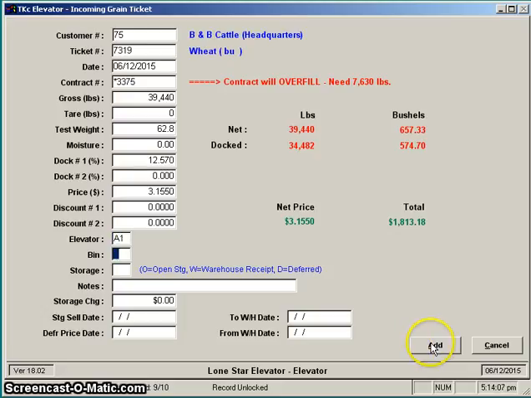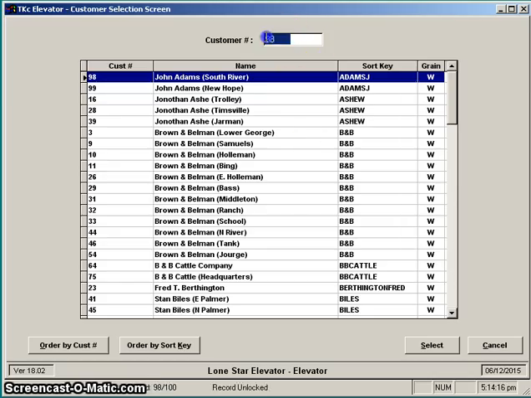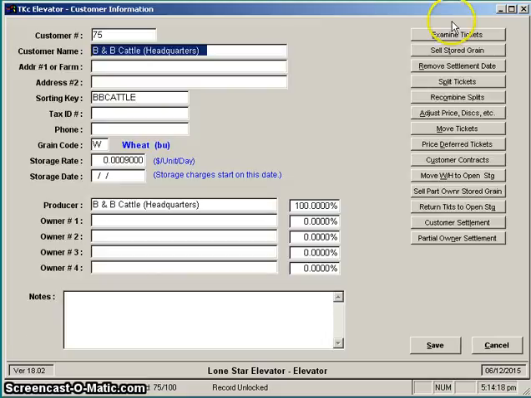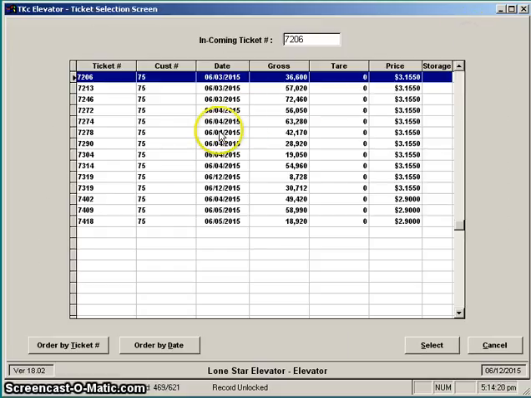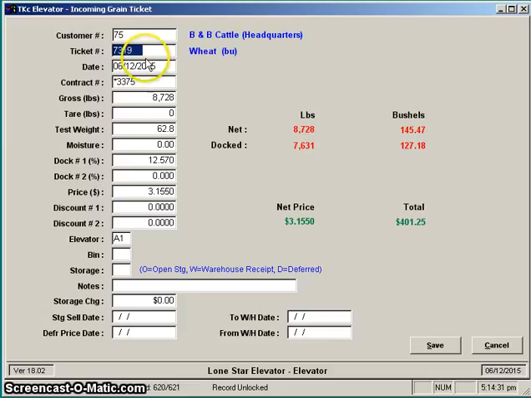All right, we're going to add this ticket now, then we're going to cancel out, and I want to go look at, it was customer 75 we were putting that ticket into, so let's go look at the tickets on customer 75. Notice that we've got two tickets here of number 7319. Let's look at the first one, and it is the part that was necessary to fulfill the contract, and it's